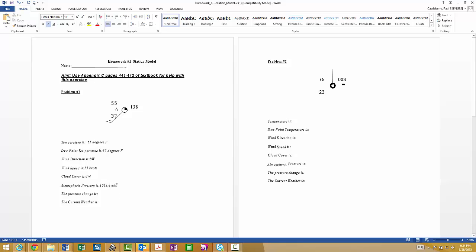Again, the units for pressure, as you're going to learn, is millibars. The pressure change, we have no pressure change recorded here, so none. And the current weather, these three, looks like diamonds, but they're really circles. Here is moderate rain. So I've been able to interpret the weather for this particular one here.